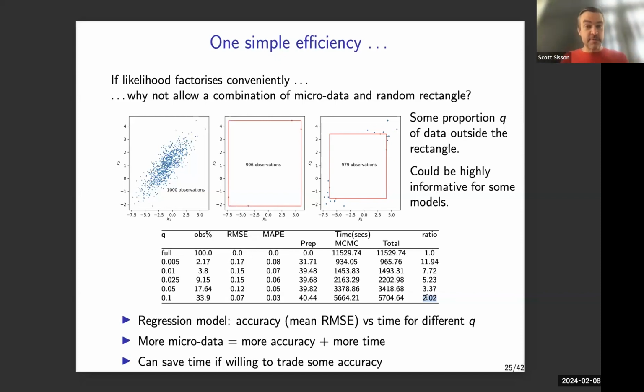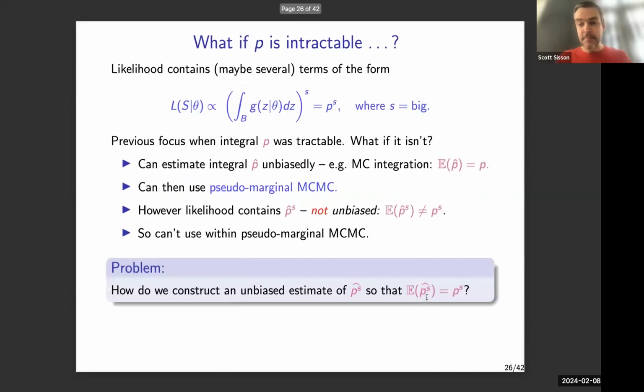Okay, so this was a nice observation, and it gives you another efficiency slider that you can use for your analysis. Yu's primary contribution was saying, okay, well, our likelihood has this form. We've got terms which are basically probabilities p raised to the power s, where s is a fixed known number. Typically, we've known what p is as a function of the parameter value theta. It's had a particular form, and we've known it in closed form, so we could just bung it into the likelihood and just optimize it, and everything's okay.